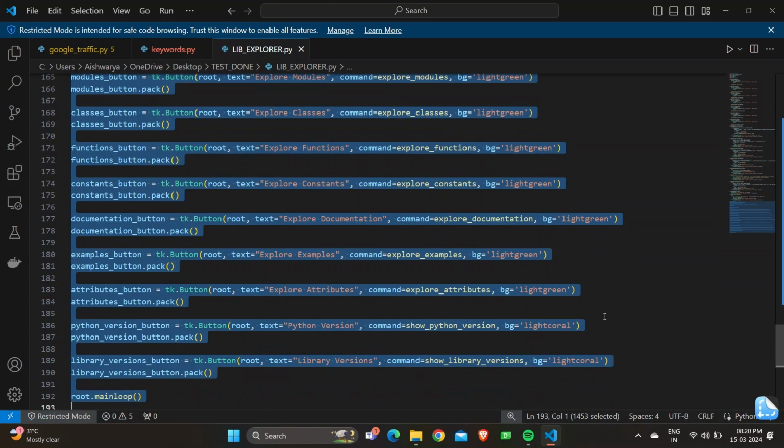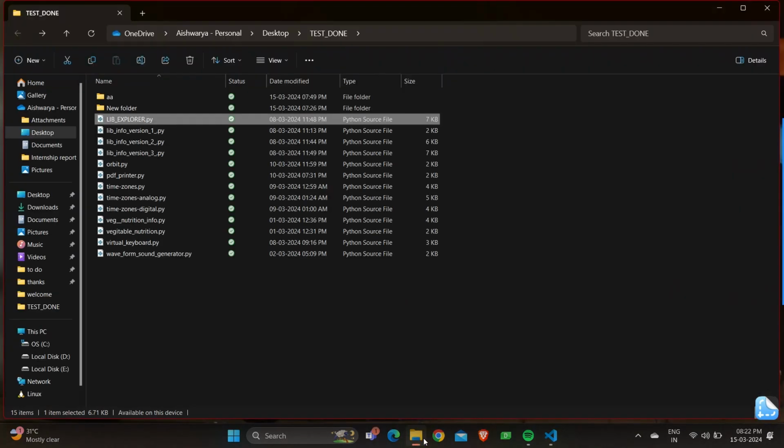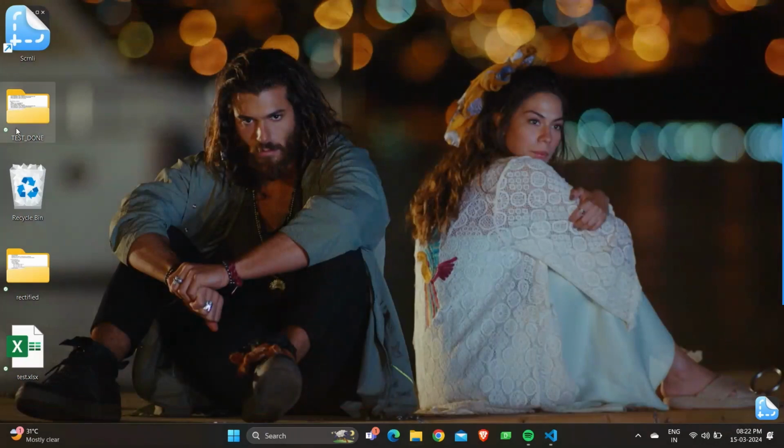And then we have root.mainloop, which executes the entire loop. For those two I've given light coral, which is kind of a red color, indicating that it's not working still in the window. You can just add a definition in the program and continue the same. Let's quickly see the output of the program. So as usual, I'm going to copy the name of the program, open the command prompt,